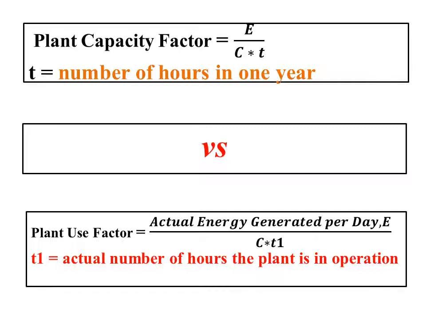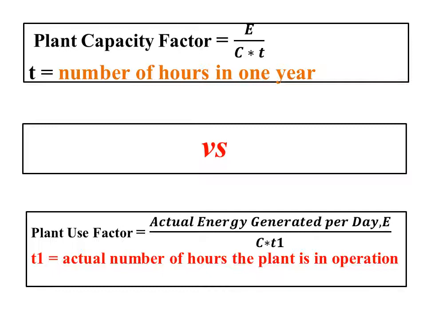The next question is to find out the number of hours in which the plant is not in use. What is the significance of this? See, in 1 year there are a total of 8760 hours. These are the total hours which are available when we can run a power plant. But in the actual case, it doesn't happen that the plant is in operation for all 8760 hours. Out of 8760 hours, the plant will be in operation for some hours, and there will be some time period when it is not in operation.